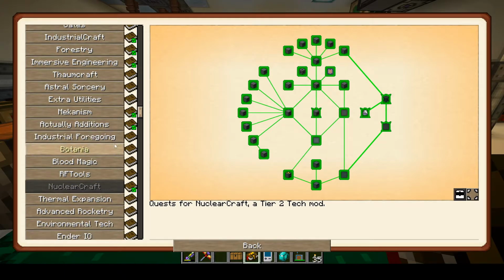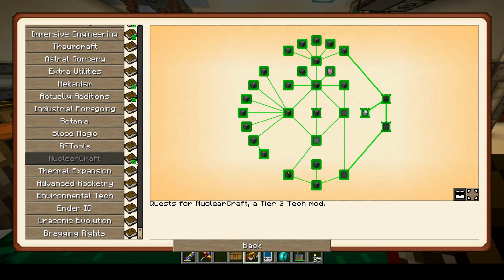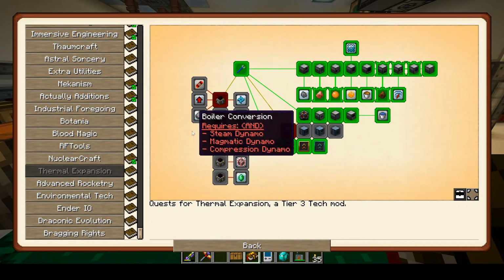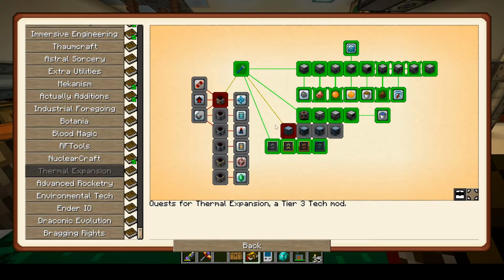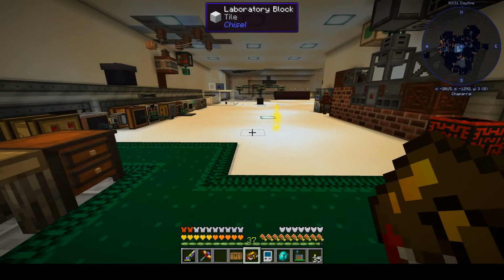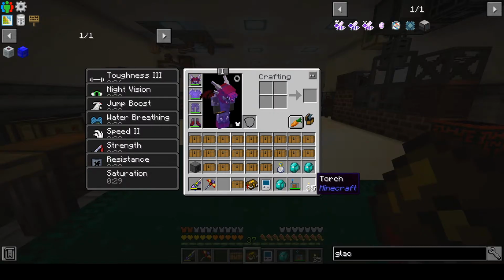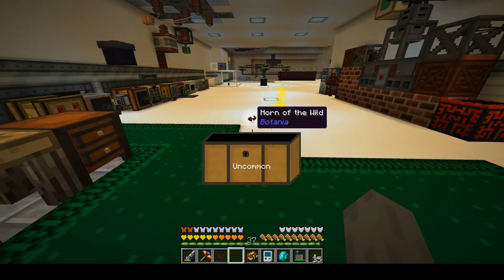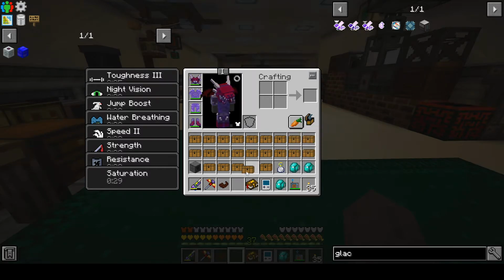NuclearCraft is closed out, so that is good. Got another green check mark there. Thermal expansion, made it through a lot of stuff here, so that's looking good. I'm going to continue pressing on through these and this stuff, and I think I can probably do most of that. However, my inventory is full of loot boxes, so I thought I'd pause a moment and open up a bunch of loot boxes. Another Horn of the Wild,